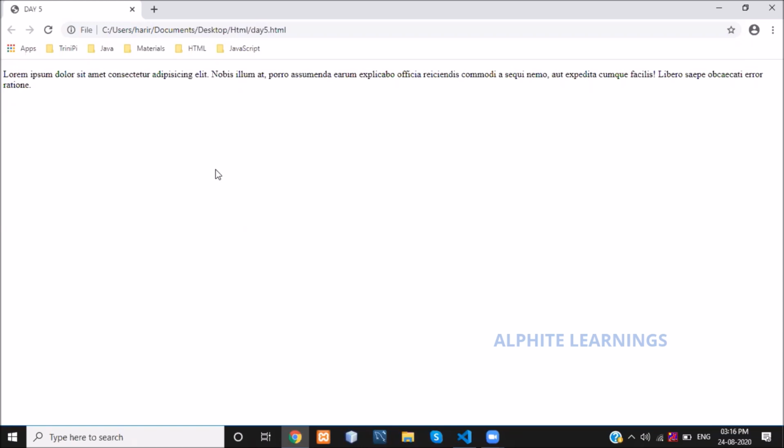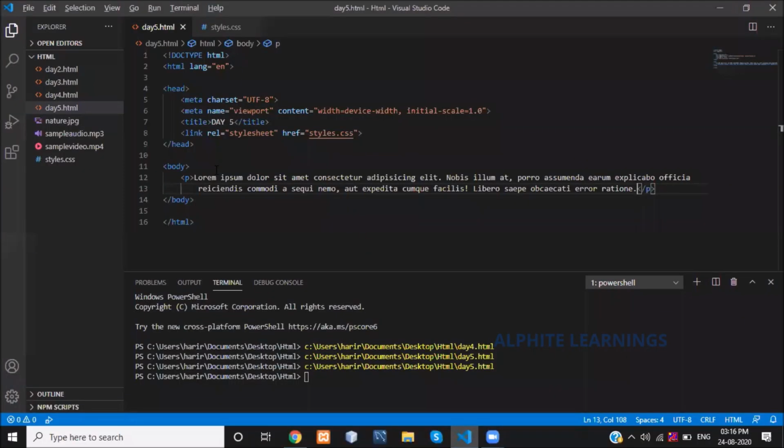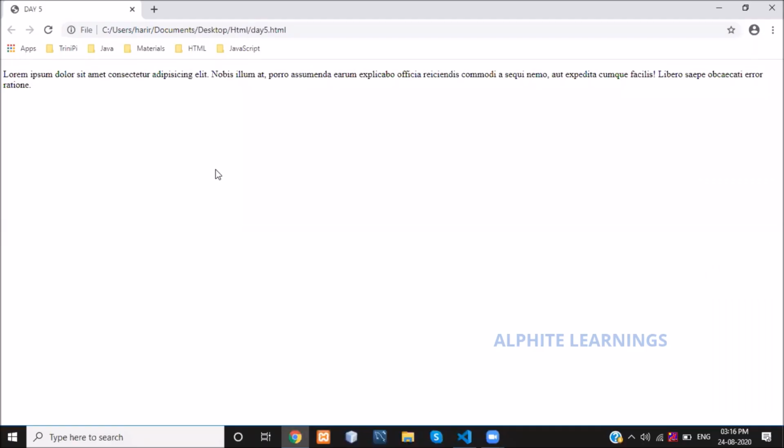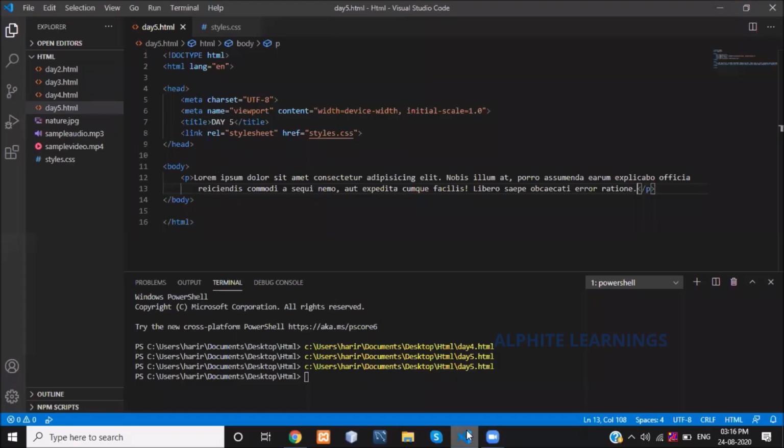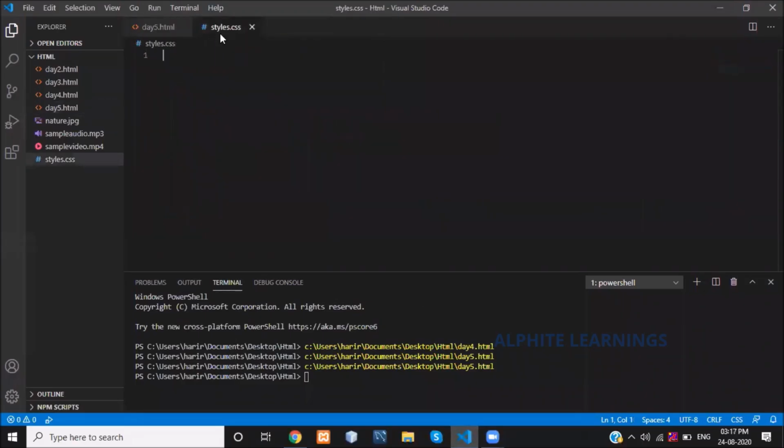Whatever paragraph you have given is just blindly displayed. Inside this styles.css, we have not specified any styling attributes, selectors, properties or values.